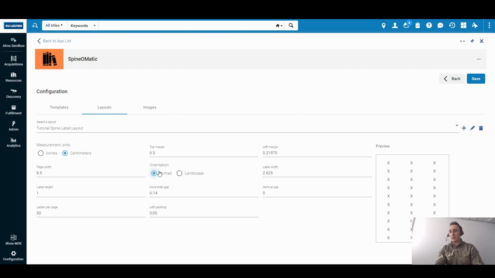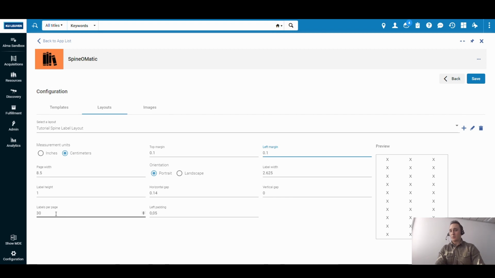And then we have some characteristics of the page. For example, the page width or the top margin. So how far is your label from the top of the paper. So usually what I do is that I reduce this to 0.1 to have better control. Then we have also the left margin, so how far compared to the left is your table in comparison to the page that you're going to print. So usually I set this also to 0.1 to have full control over it.